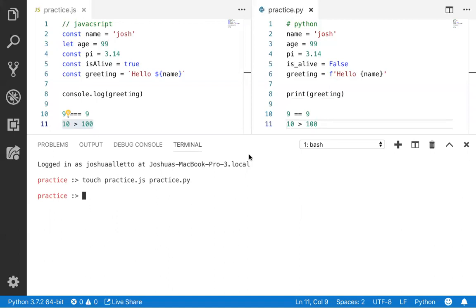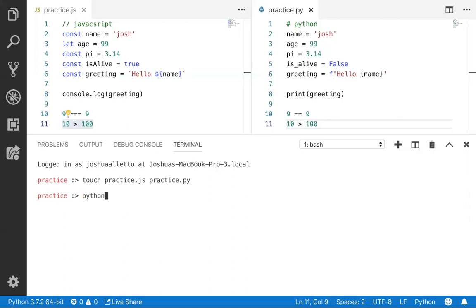REPLs are common, and there's usually one for each language, and it stands for read, evaluate, print, loop. And that's exactly what it does. It would read our code, evaluate it, print it to the screen, and then loop back to start over again. Whenever I want to test something, like Bobby had a great question, right? I'm always trying to test these things. Can I push into this array, etc. Instead of opening a new file or doing a bunch of print statements,